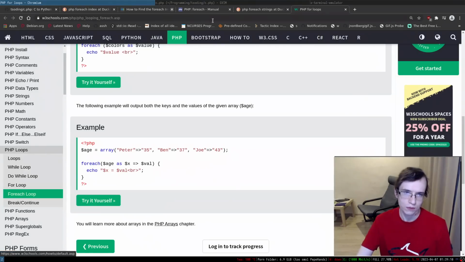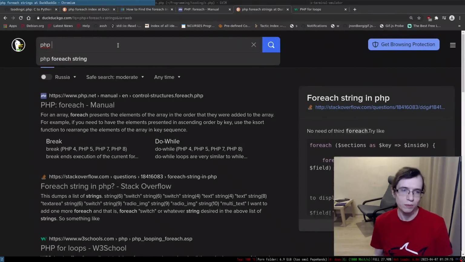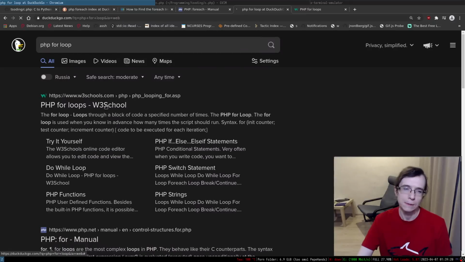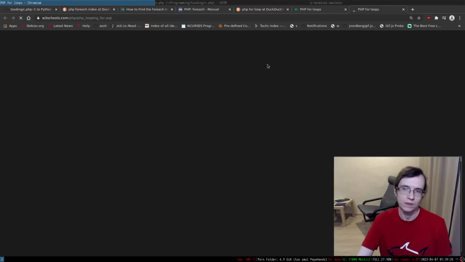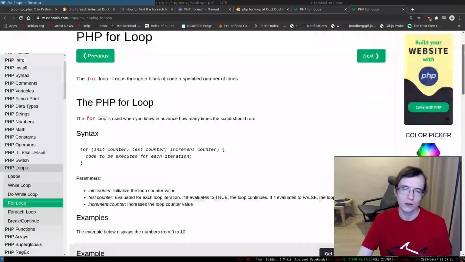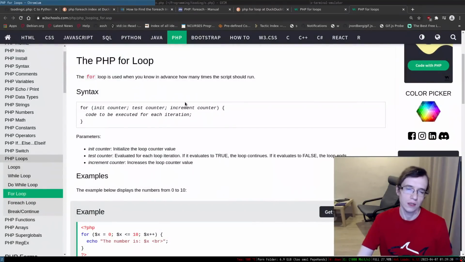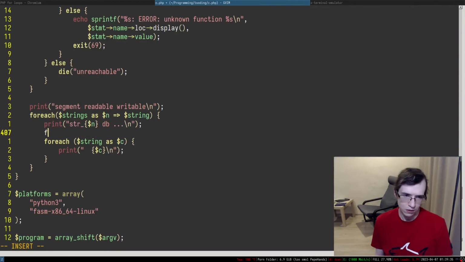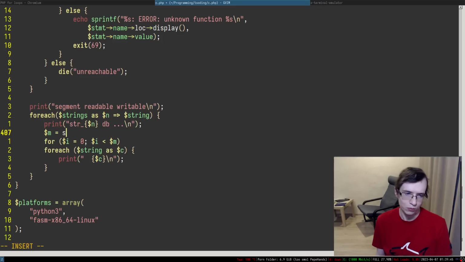let me take a look at the for loop. Is the for loop basically a C for loop? Right, is it the C style for loop? Let's go to an SEO optimized website. Yeah, it's basically that. Init, counter, yeah. So I kind of want to use that, if you know what I mean. For i equals 0, i less than. We can take m, right, and the m is going to be strlen string. Alright, so